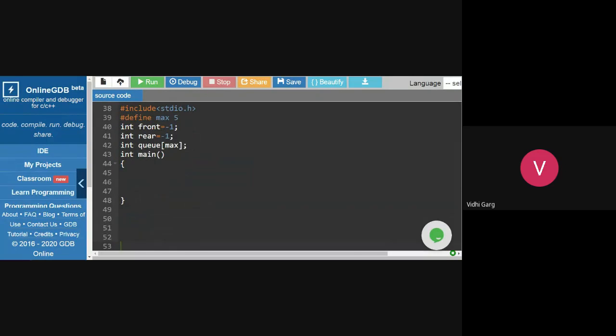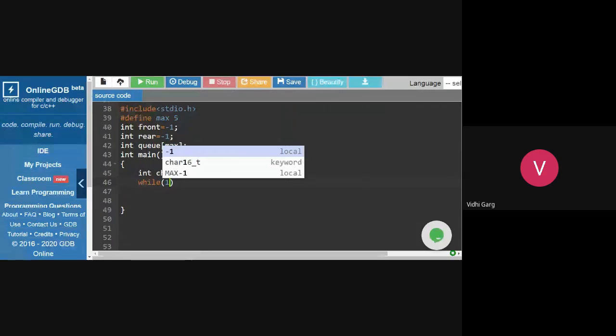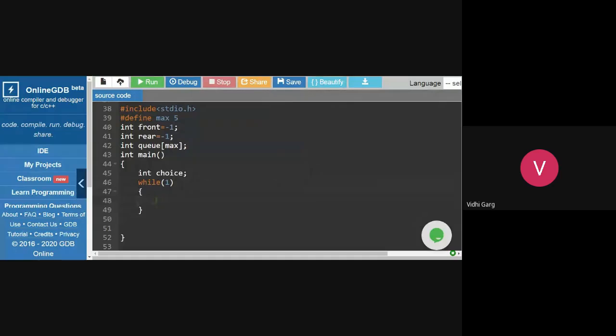So now in the main function, we are going to use our switch cases and the while one loop. So in the main function, int, let's suppose I'm using a variable choice. Now in the while one, first I'm going to ask the user to enter the number. Printf, let's suppose enter 1 for insert,